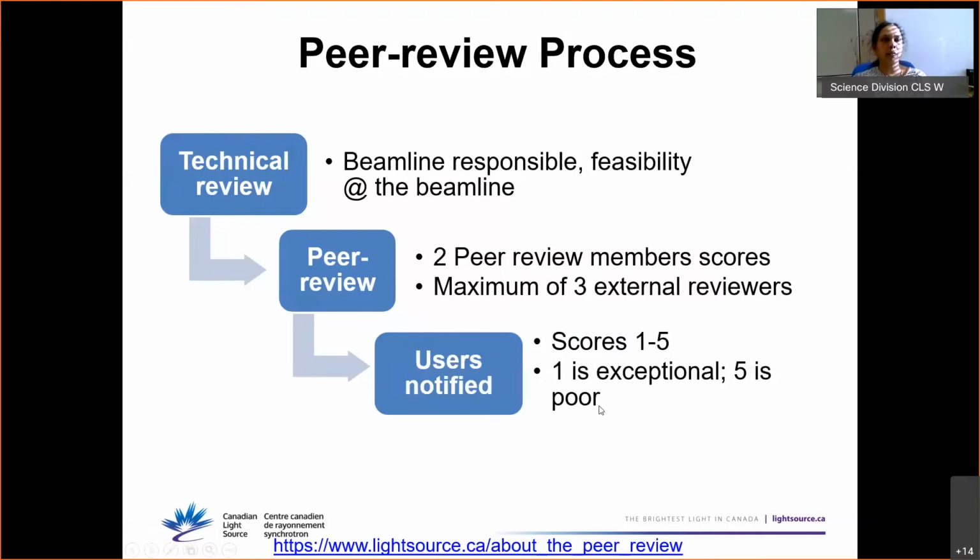As I mentioned, score 1 means exceptional, very good, and 5 is poor. So depending on different beamlines, some beamlines can accommodate proposals up to 1.8, some beamlines can accommodate proposals up to 2, 2.5, depending on the year, how many proposals come through, things like that. Okay.